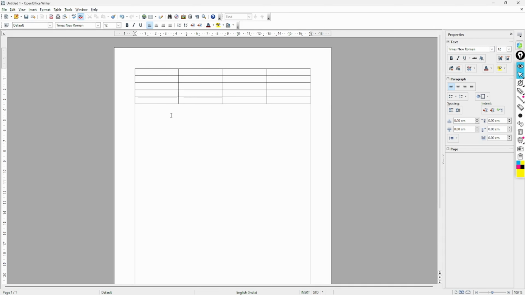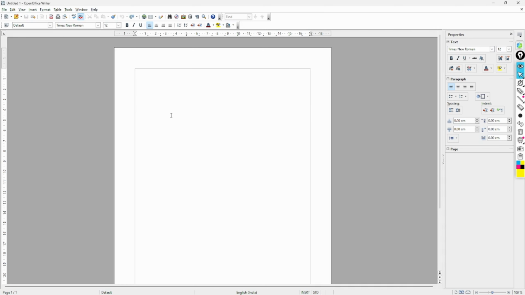Now I will show you the second way how to create a table. See what I did, I simply pressed Ctrl plus Z. Do you know what the use of Ctrl plus Z is? Ctrl plus Z is used to undo anything. Undo means to delete anything, otherwise come one step behind. If I press anything, for example, I am pressing here N. If I want to cut, I can cut with the help of backspace or delete key, correct?